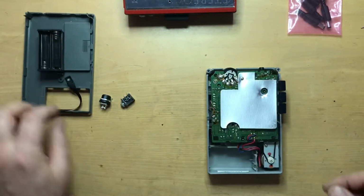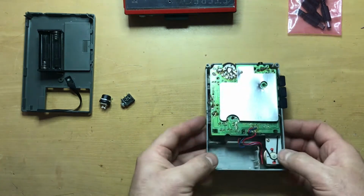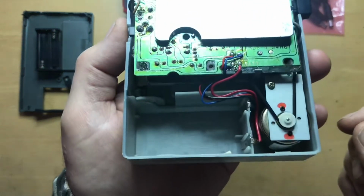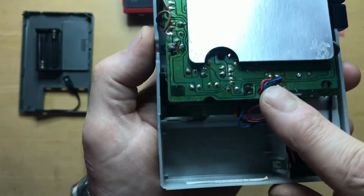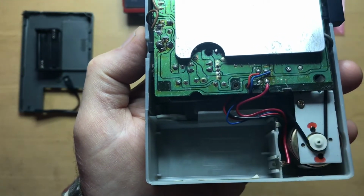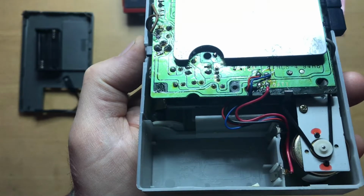Put all those things over there. On the inside, there's more screws that will need to be removed, but I guess maybe a close-up now will be helpful. Here's the motor, and there's the belt. And on this one, I'm trying to look through my camera here. I don't know how well it's going to be visible on there, but there's actually a legend on the circuit